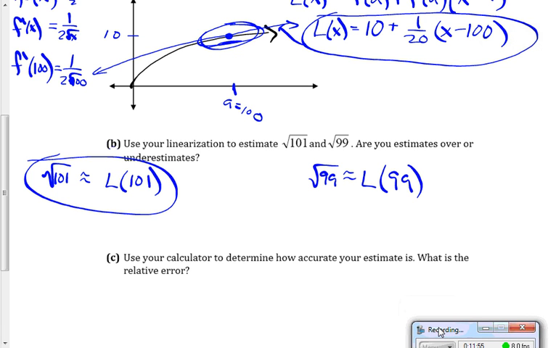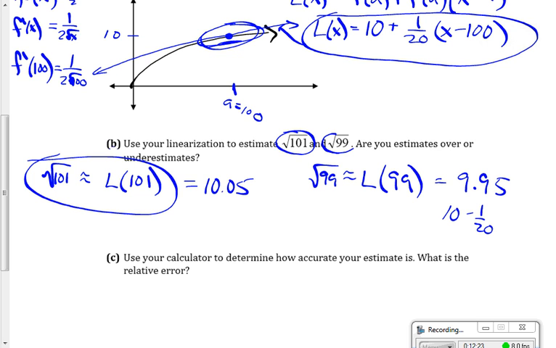Won't go through all of the work here, but you should have gotten 10.05 or 10 and 1/20th. And here you should have gotten 9.95 or 10 minus 1 over 20. Now, will you just humor me and humor yourself just for a moment and take your calculator or computing device of some sort and just go ahead and plug in to your calculator the square root of 101 and the square root of 99 and just convince yourself that our linear approximation is pretty darn good. Again, this is more for you than anything, but